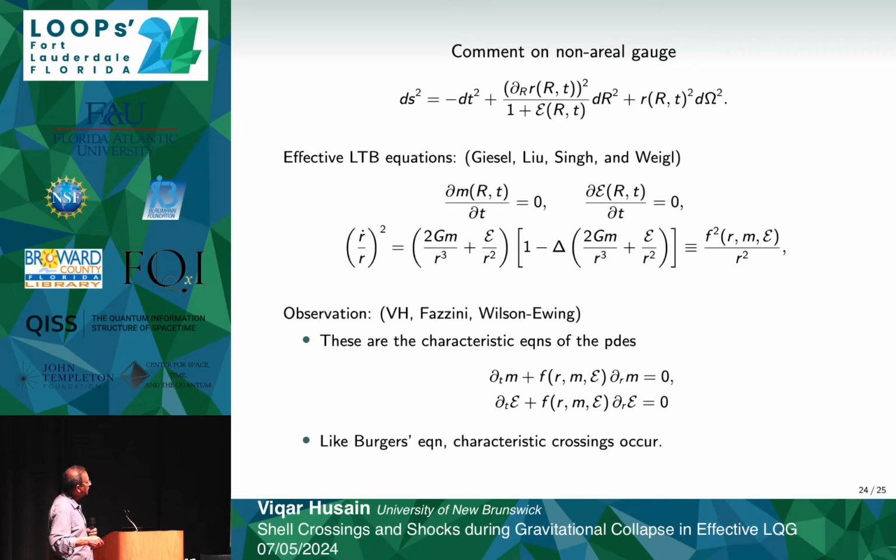This function f here is exactly this function f here, defined as f squared over r squared. The point of the slide is to illustrate that there's a possibility in other gauges also, because ultimately the flow equations follow from a nonlinear pair of PDEs of this type, which are exactly of the Burgers type that I illustrated. Characteristic crossings will occur and initial data profiles will tip over if you use the method of characteristics. So you would have to seek weak solutions, and weak solutions are characterized by shock waves.